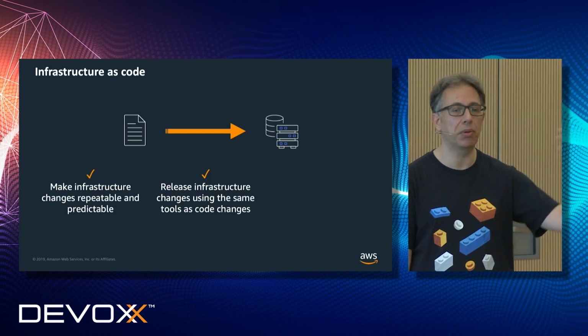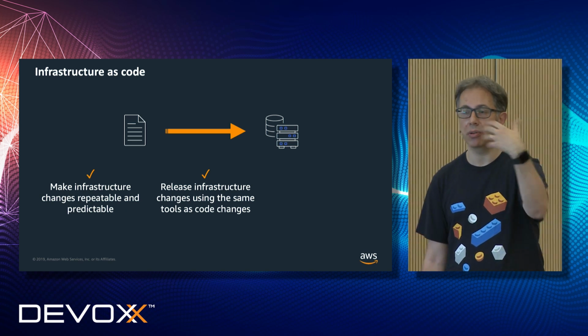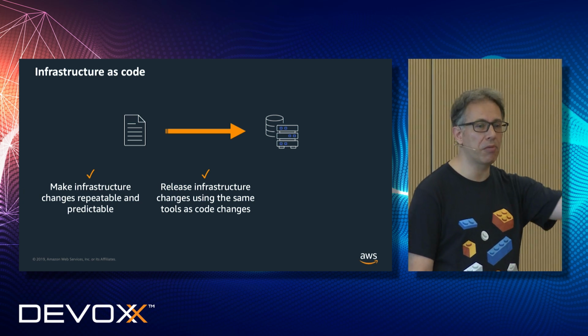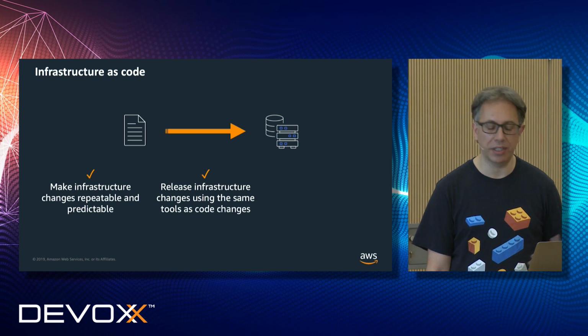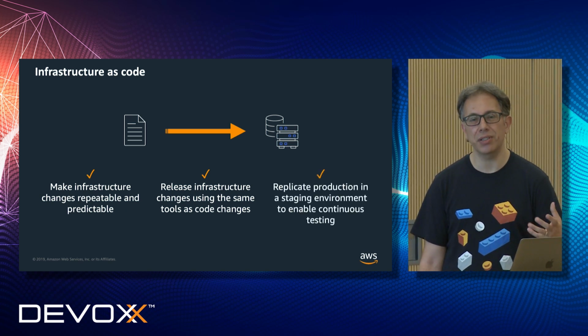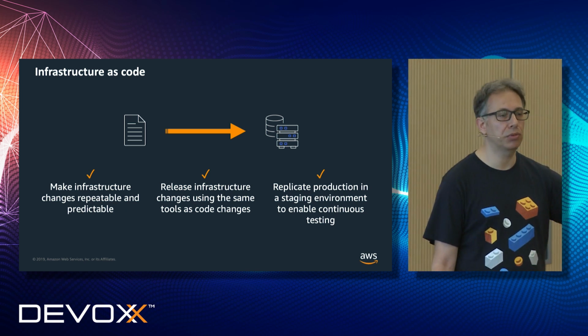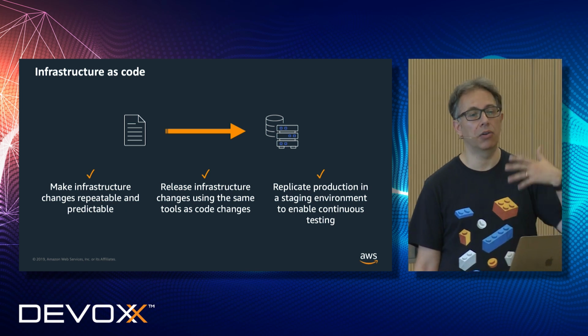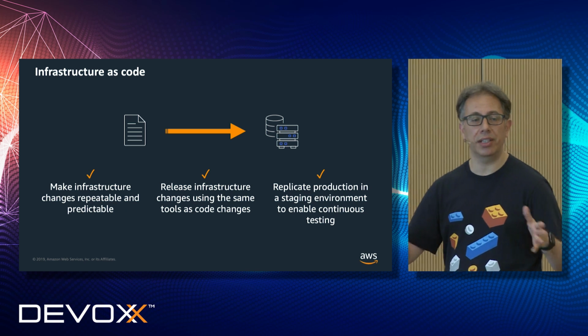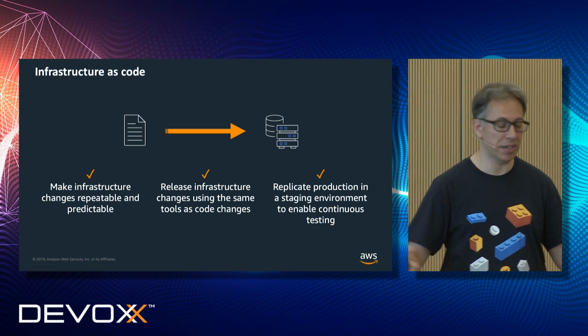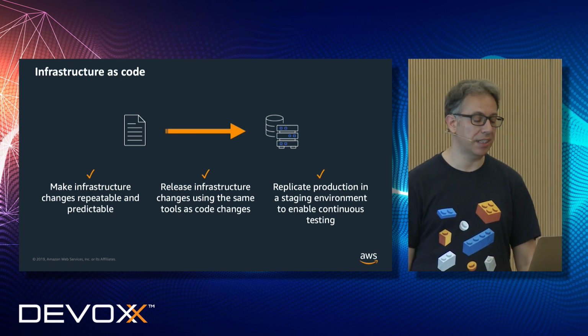In the same way you deploy a new version of your application, you should be able to deploy a new version of your infrastructure because maybe you need more power or a different configuration in your database. And you can also easily replicate your production environment, for example, to create a staging environment, or even just temporarily to create a performance test environment that you use maybe only for a few hours. You can do that because you have these text files.